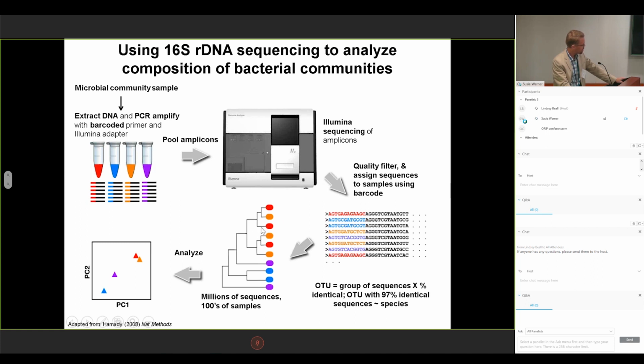Based on that information, you can look at the compositional relationship or similarity between these microbial communities, either in trees, shown here, or you can convert this type of data into a principal coordinates analysis, which allows you to graphically look at the similarity of those communities to one another, where the closer two dots are to each other, the more similar those microbial communities are.